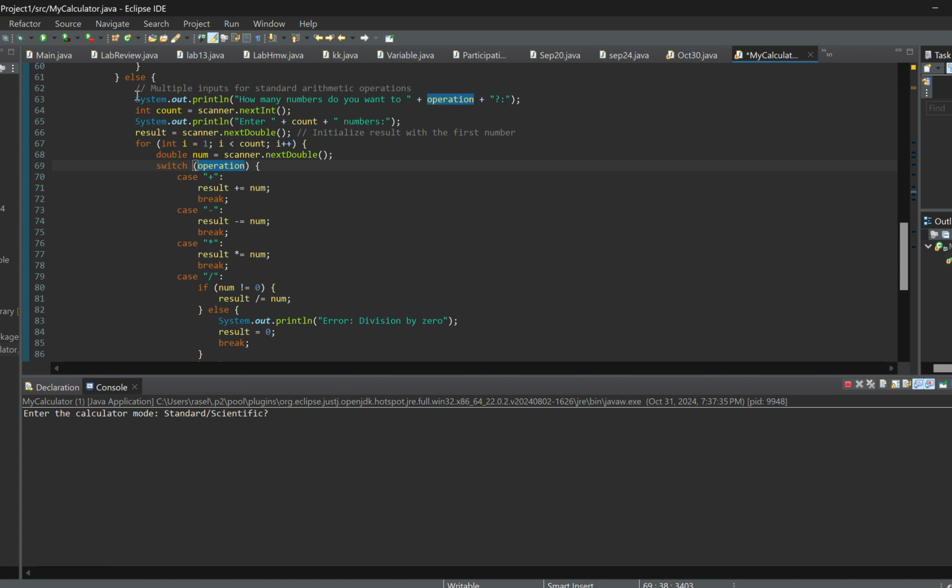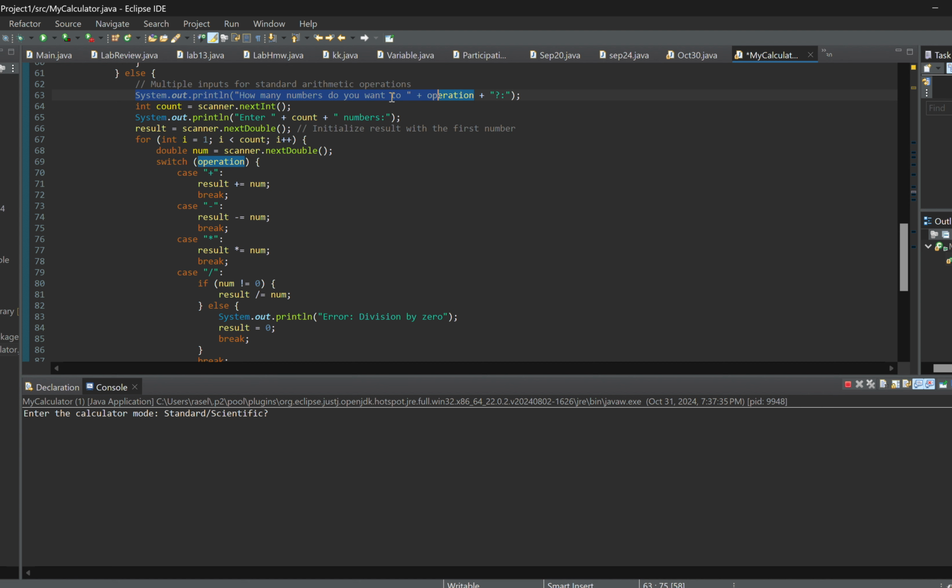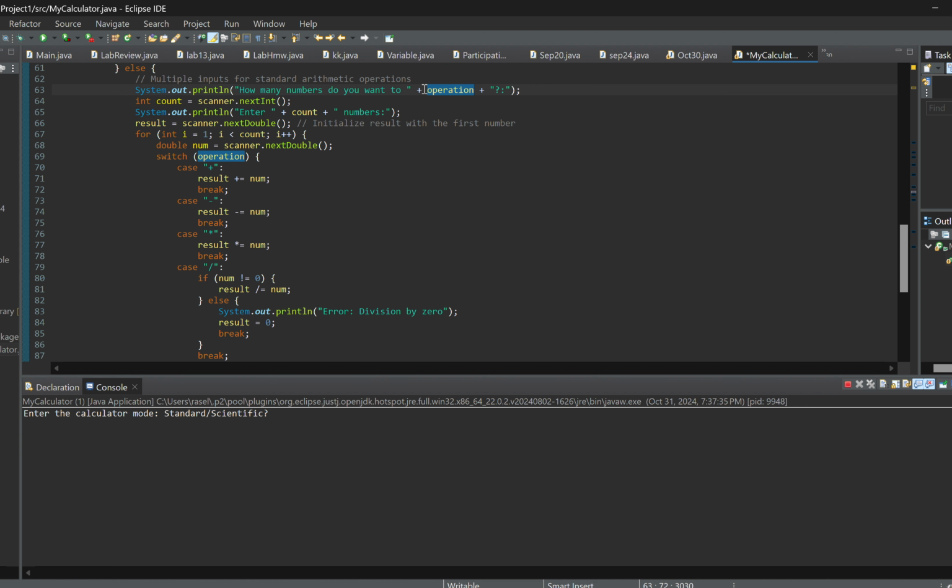Again, the system is asking how many numbers do you want, and basically this is where the user will input how many numbers they want. Let's do this standard. Oh, sorry. Again, another thing I forgot to mention is that